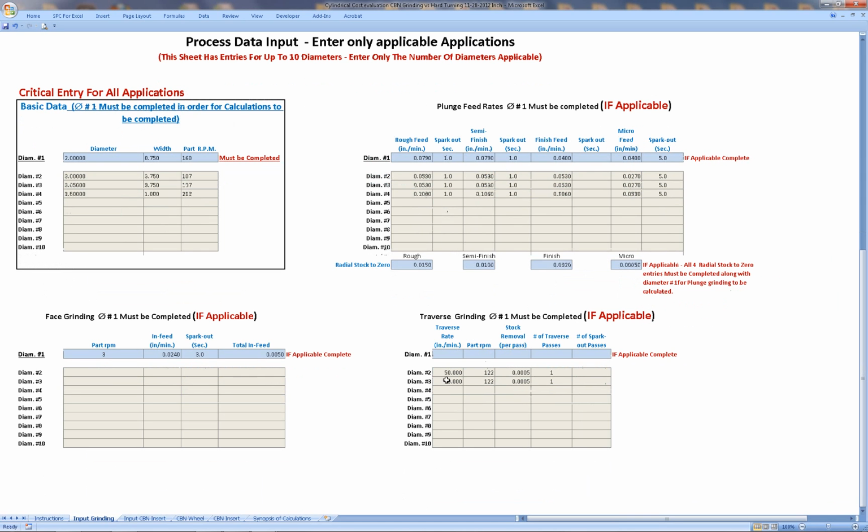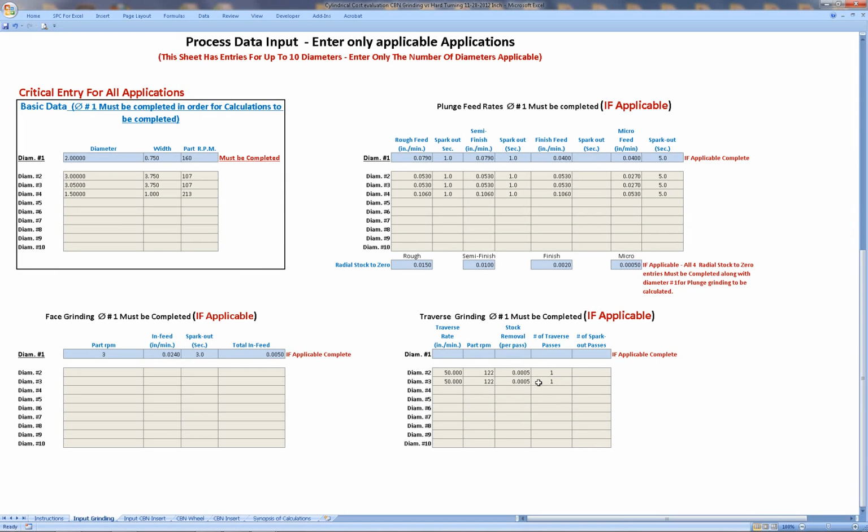For the traverse grind, again, remember, we're only using number 2 and number 3, so we skip number 1, skip number 4, and we just add the information for feed rates into diameter 2 and 3. Those are the diameters, as we discussed, that have the wide section, a section wider than the wheel contact point. For this, we're running 50 inches a minute for both, 122 RPM. We're taking a total for this of 5 tenths just to get the lines out, and we're making one pass,